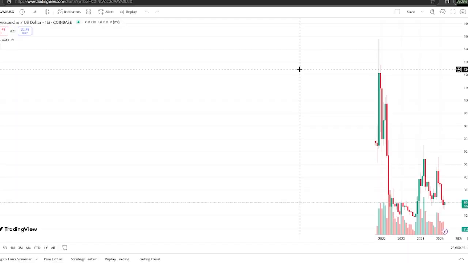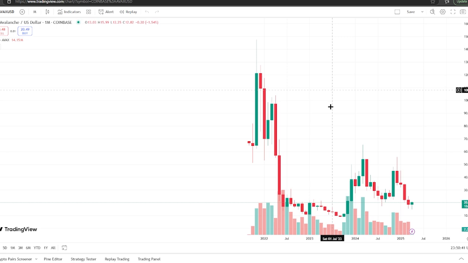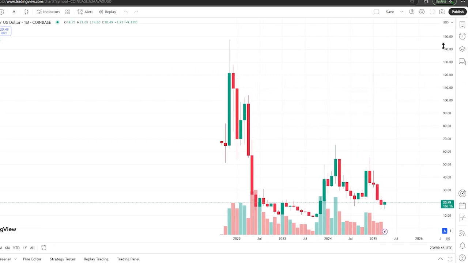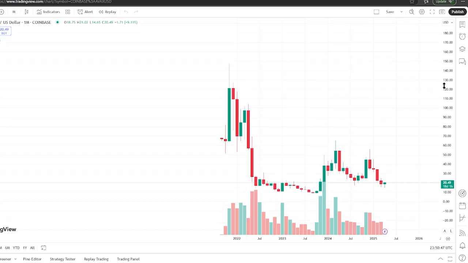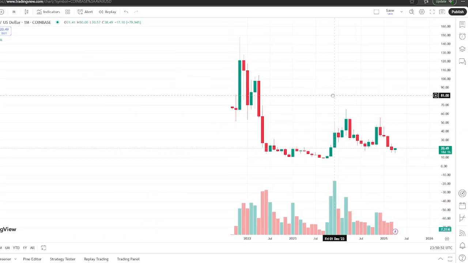Now, you can see the price of Avalanche if you scroll in on your mouse and scroll down and up. If you can't scroll down or up, go to right here under the price and you can now scroll down or even up. And now if you click and scroll down and scroll up, you can now successfully move your